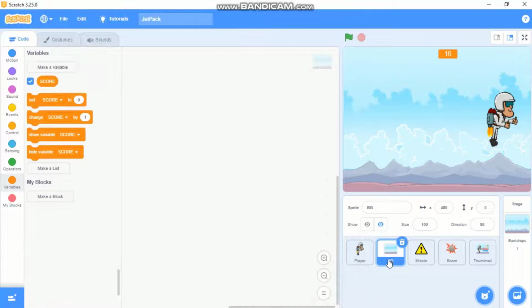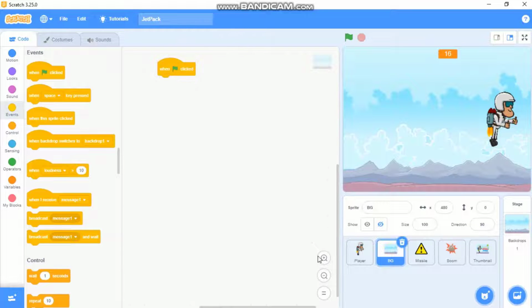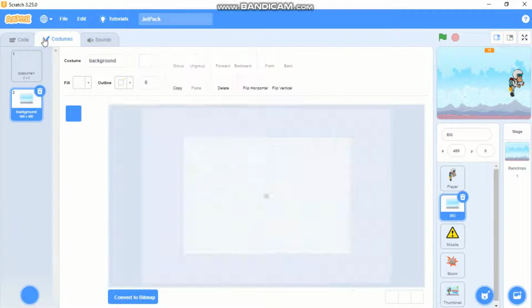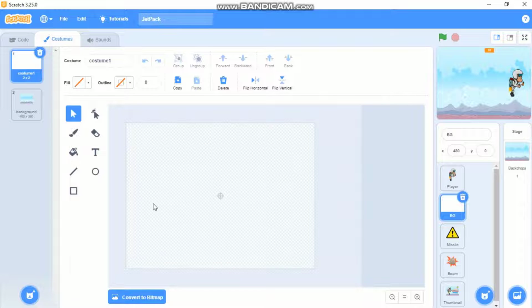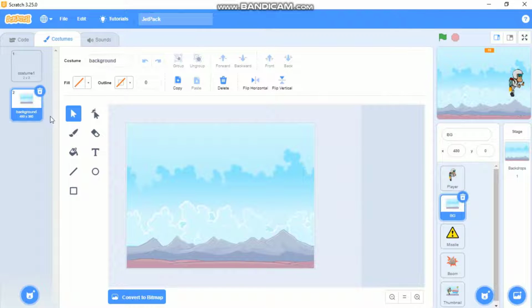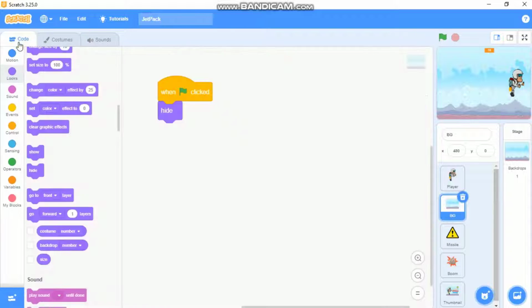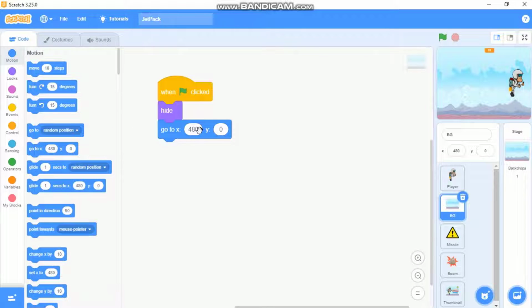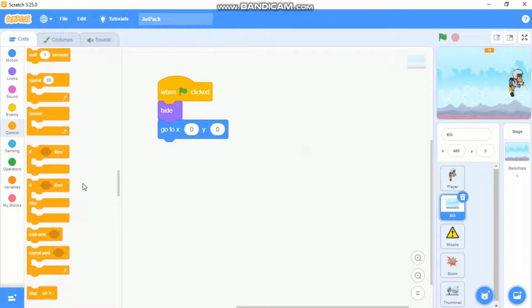So okay, now let's code our BG. Click on BG, and when green flag clicked, we need to hide. We've got two costumes, one with a blank costume and then our background. Then we need to go to X 0, Y 0, create clone of myself,